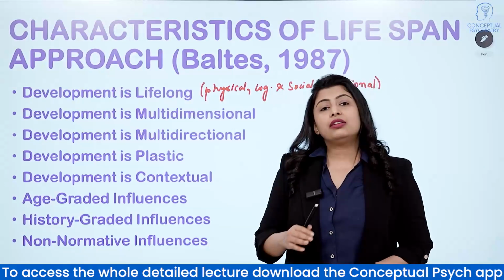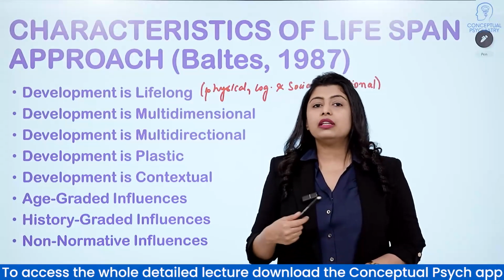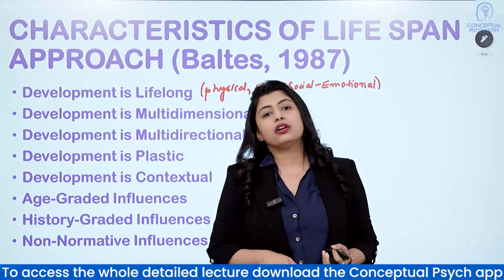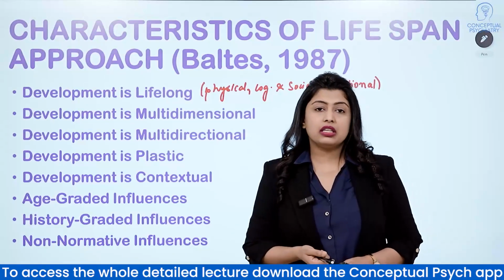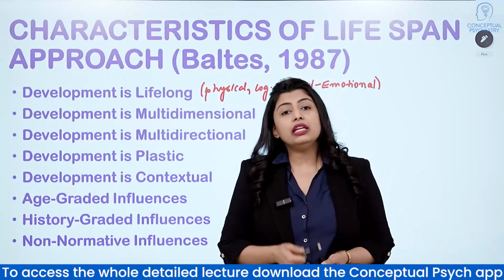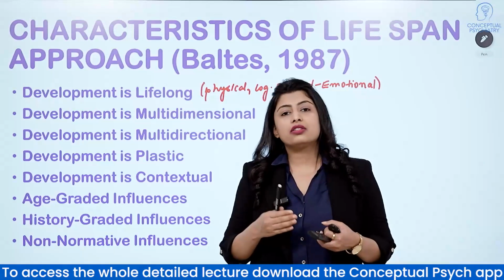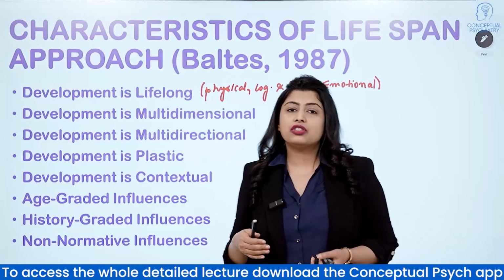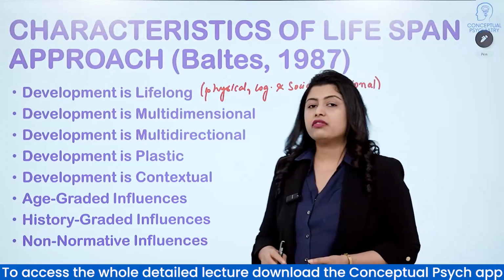Researchers in the field recognize that all development occurs within a context, often within multiple contexts at the same time. What are these contexts we are looking at? Culture, families, peers, schools, neighborhoods, community, poverty, the socioeconomic status, and many more. Each of these settings is further influenced by various interacting historical or economic combinations. These influences can be arranged in three categories: age graded, history graded, and non-normative influences.